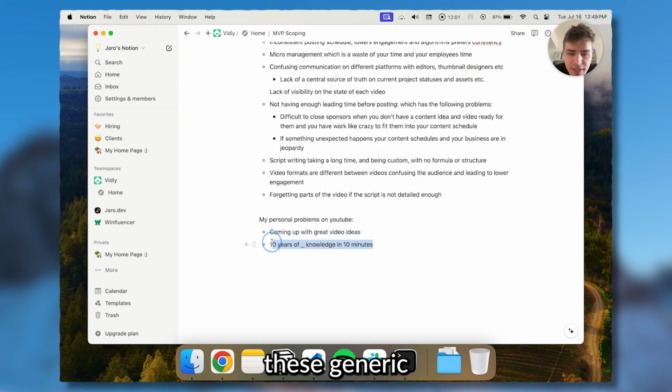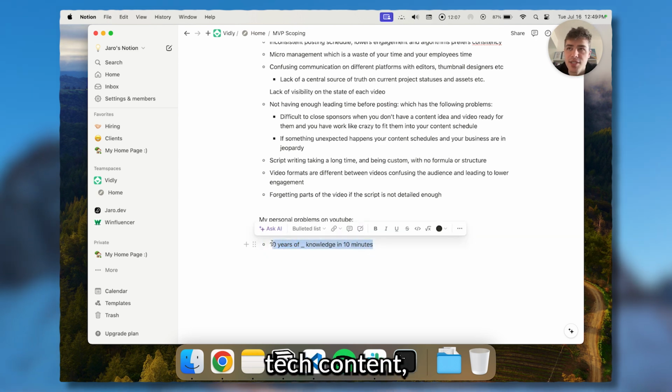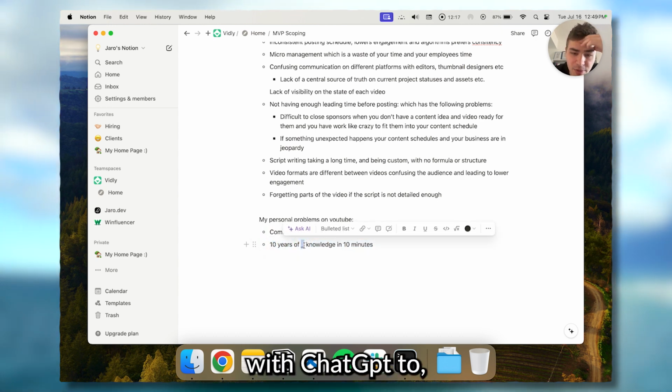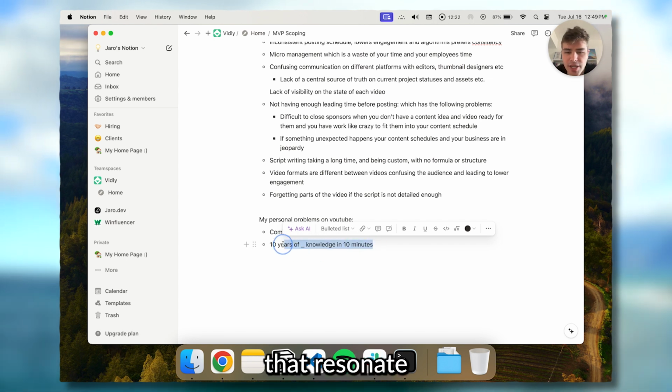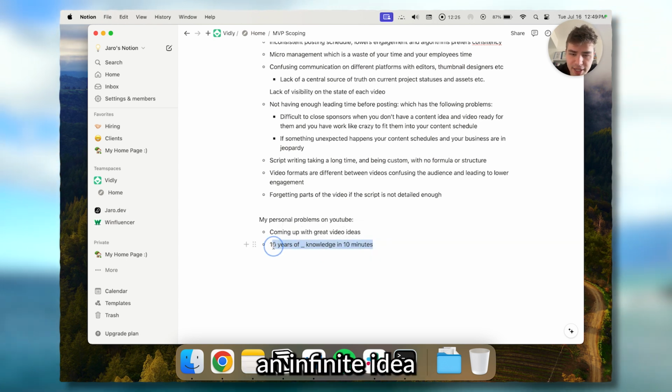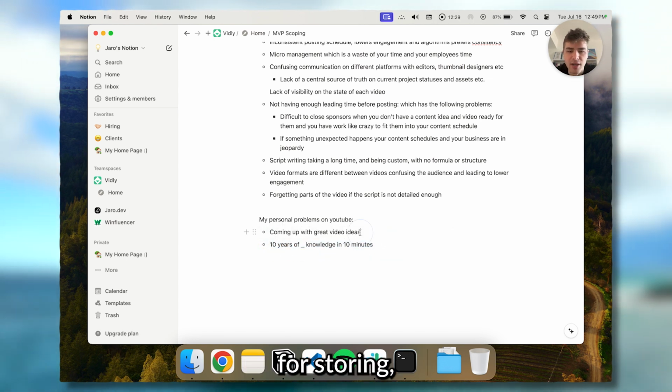So basically finding these generic titles that work well, specifically for the kind of content that the YouTuber makes, which for me is business tech content, but it'll be based on the inputted channels, so similar channels. I'll come up with these title structures and then populate them automatically with ChatGPT to create titles that resonate with the target audience, and have basically an infinite idea generator, and then a place for storing